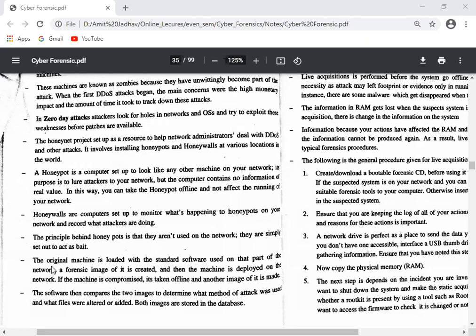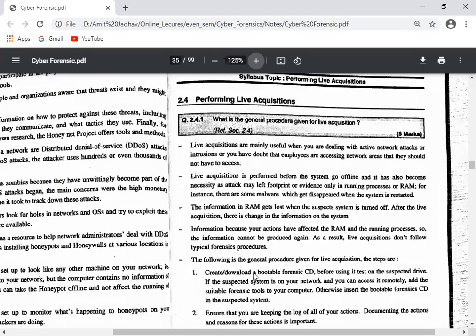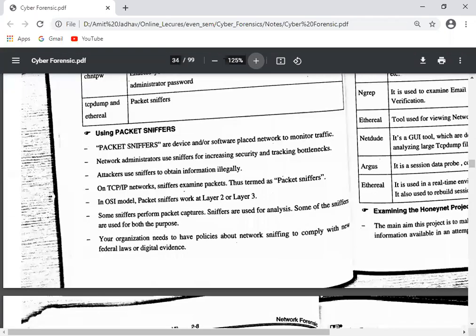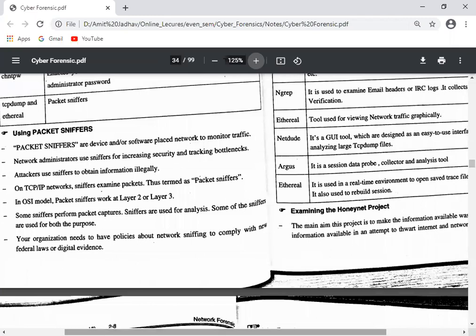So we take images of the hard disk before the attack and after the attack, and we compare the two images. If we find some files and folders are different, then we restore that data. All the data is stored in a database. So here we end our first point, the HoneyNet project, which is very useful in network forensics to observe the network.